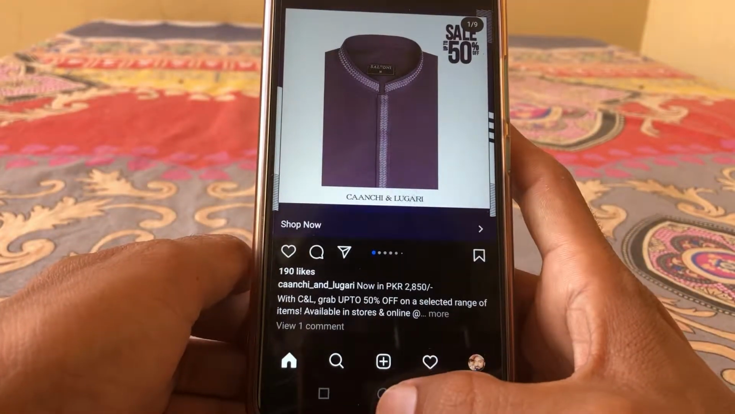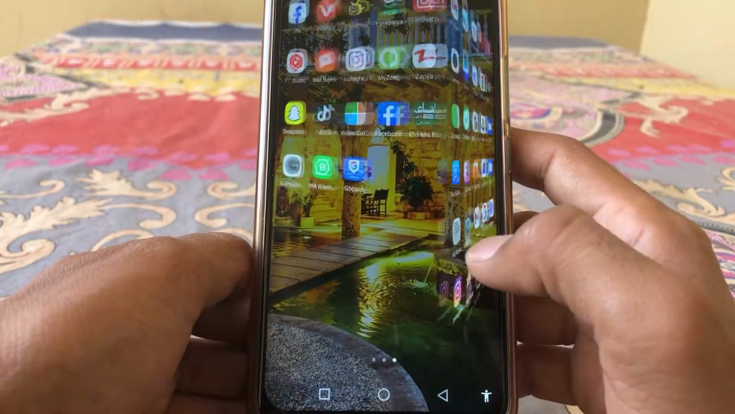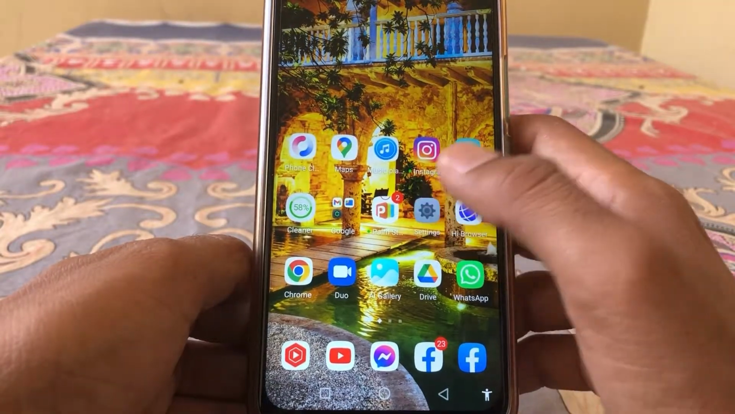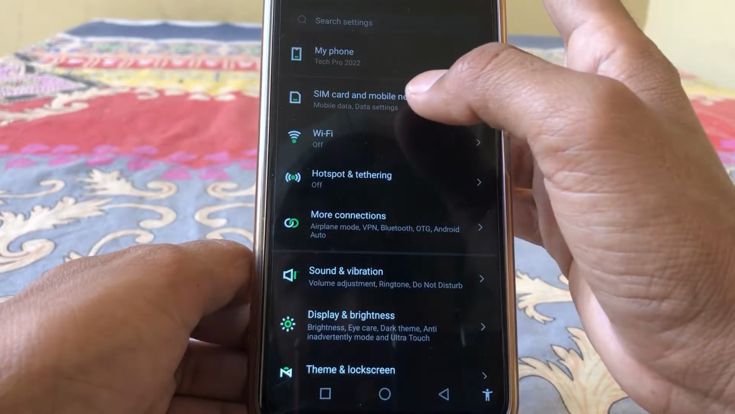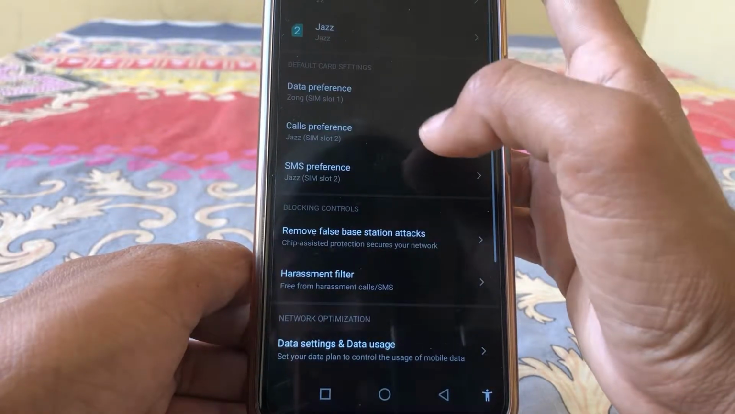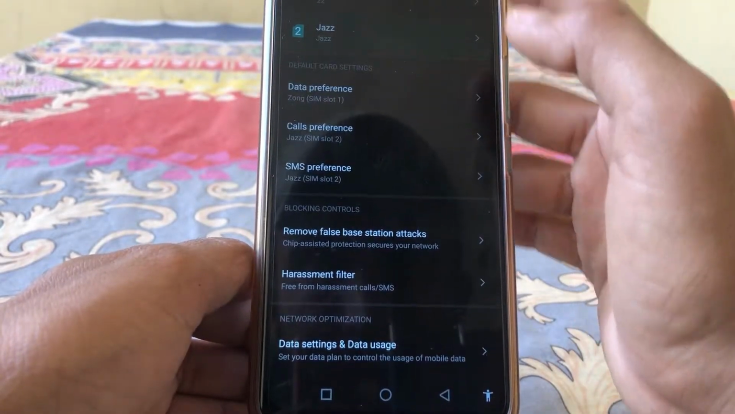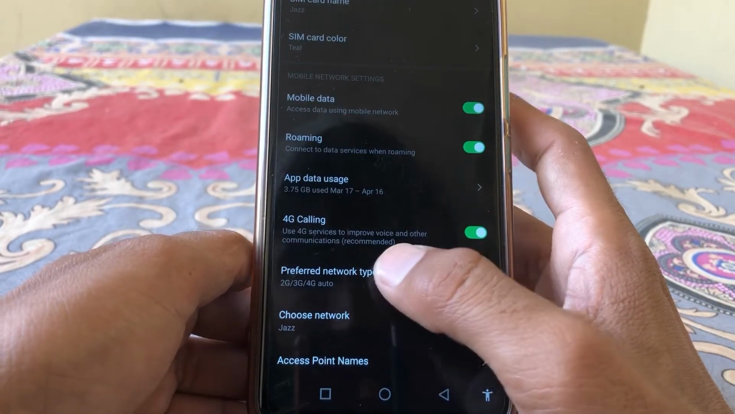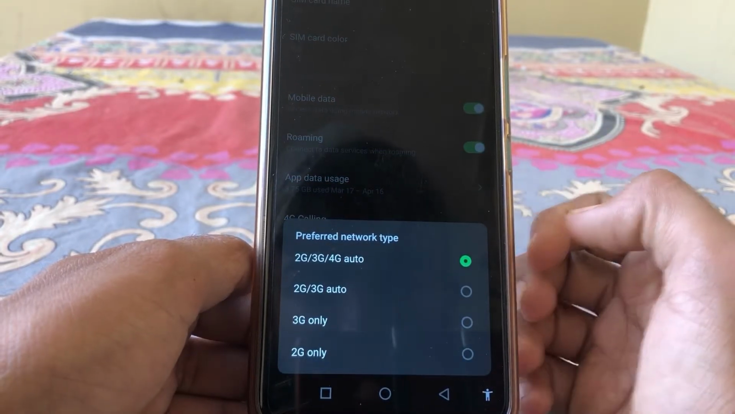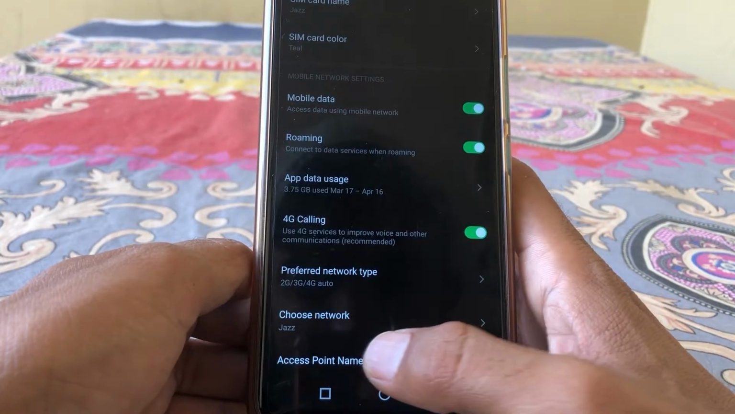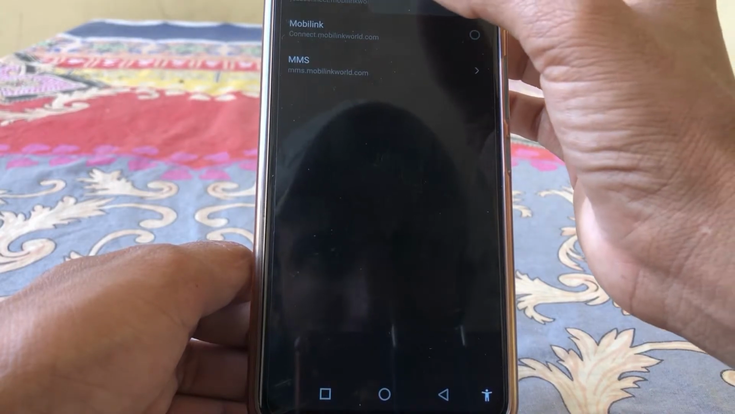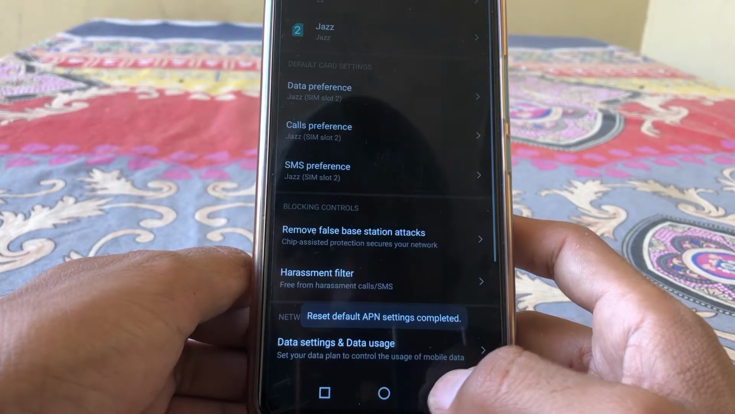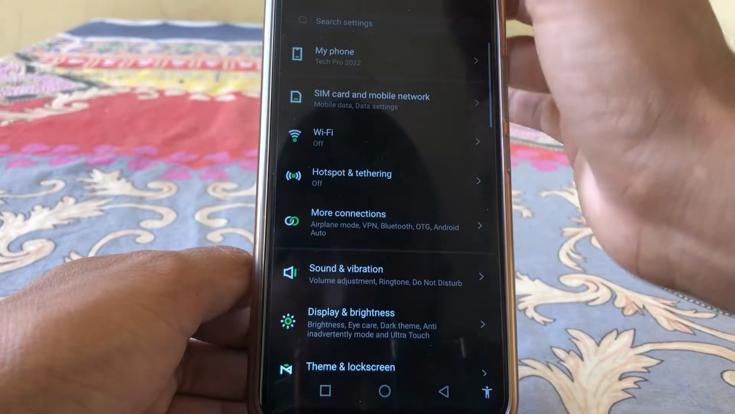So to fix this, what we have to do is just simply go to your settings and check whether your data is strong enough or not, or if it's on or not. So you have to check from here, then tap on preferred network type, and you have to check on 4G or auto, then tap on access point names, and from here you have to reset your access point names, then go back to the settings menu, and guys,